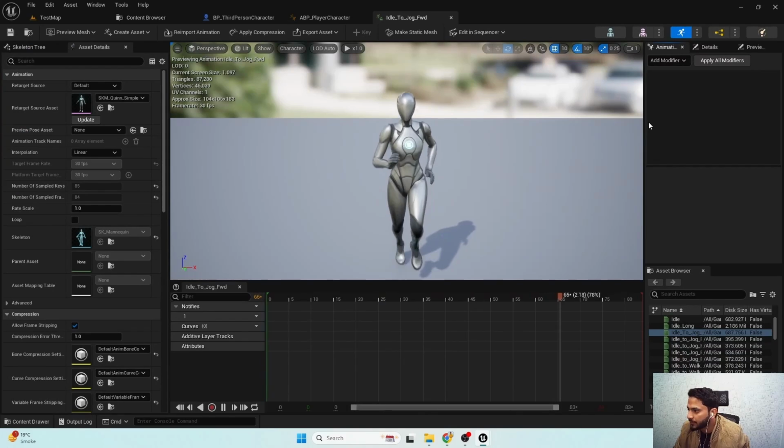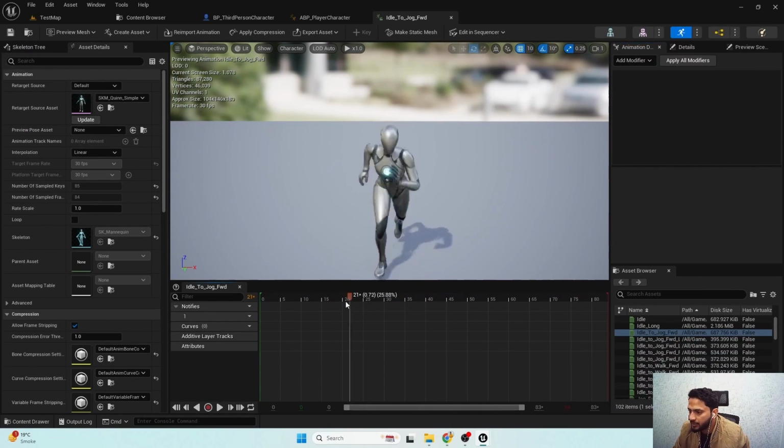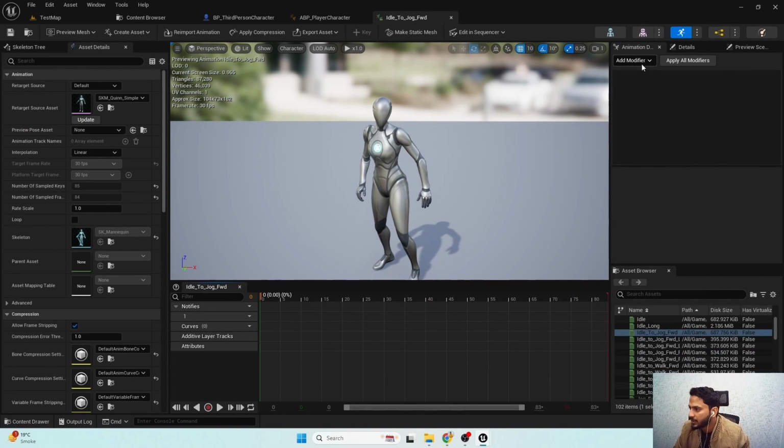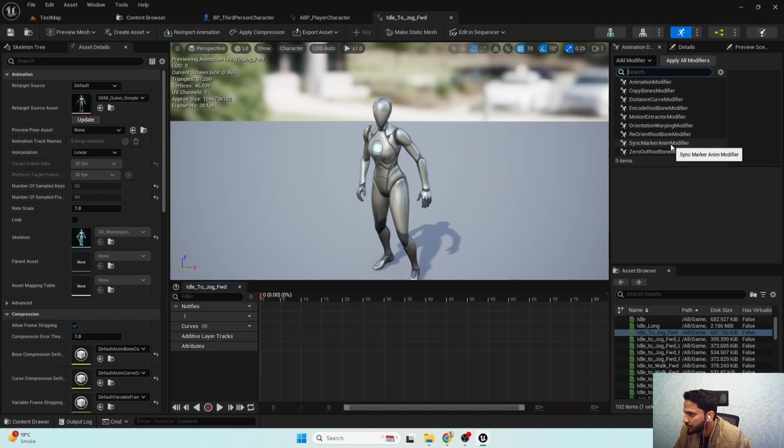So, idle to jog forward. First we need to add sync markers. In order to add the sync marker, if you open the add modifier, there we have the sync marker and the modifier,